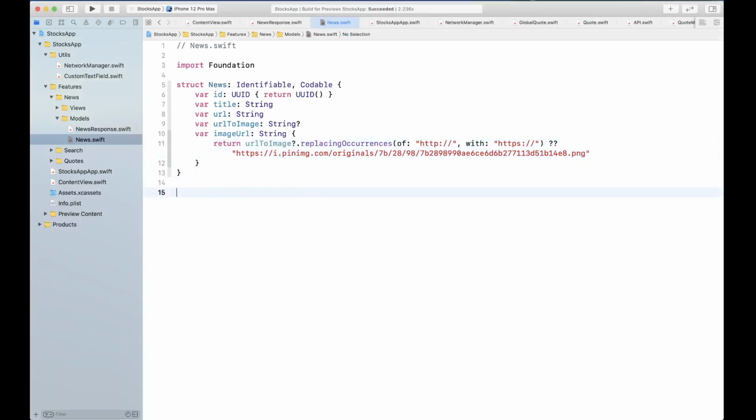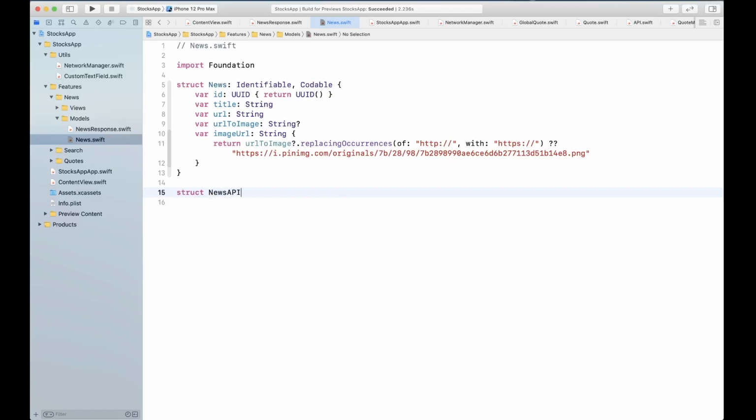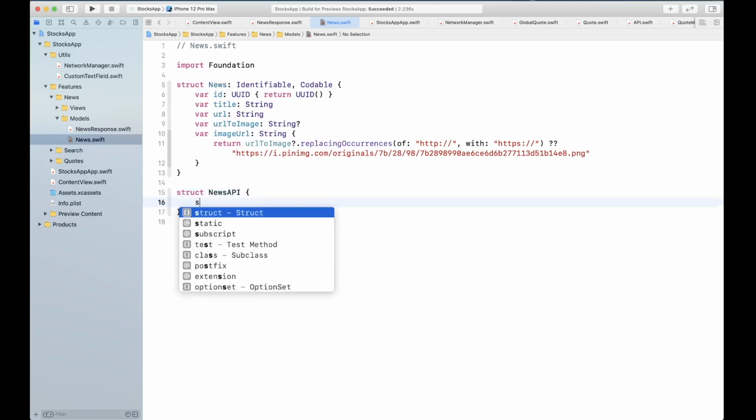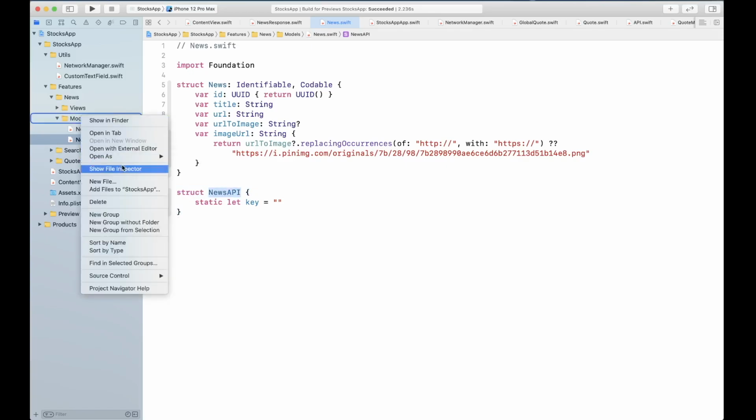Okay, now I'm also going to create a struct here for NewsAPI. Okay, and this is where your key is going to go. So static let key, and you're going to paste the API key that you received when you registered yourself into newsapi.org. And I'm going to convert this into its own file.